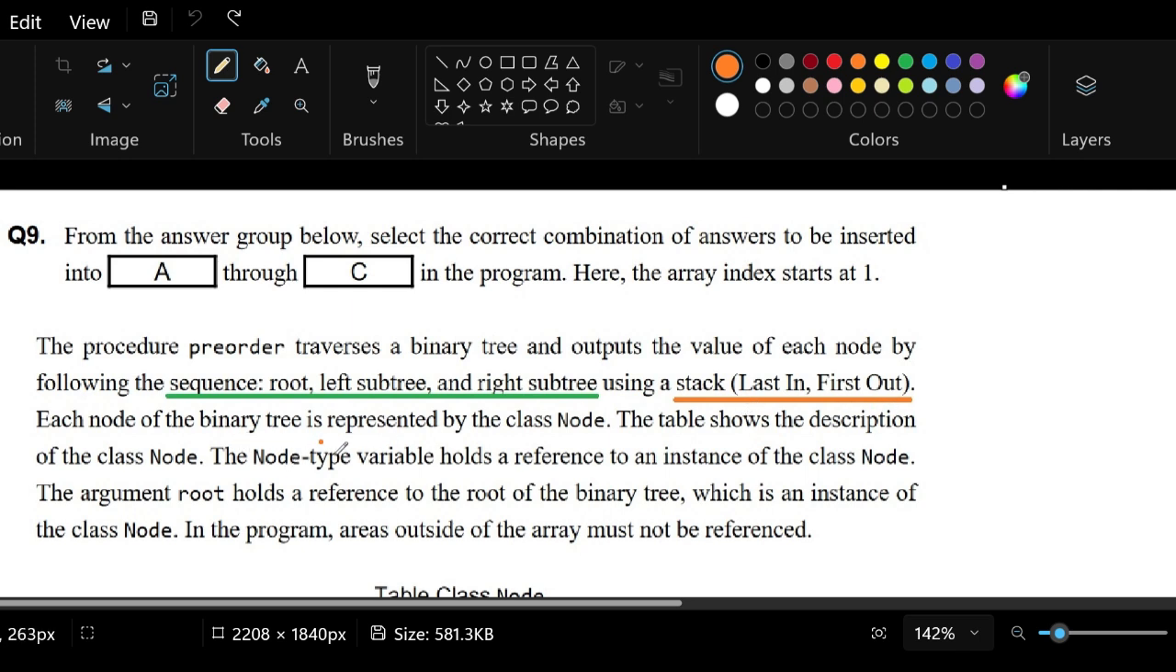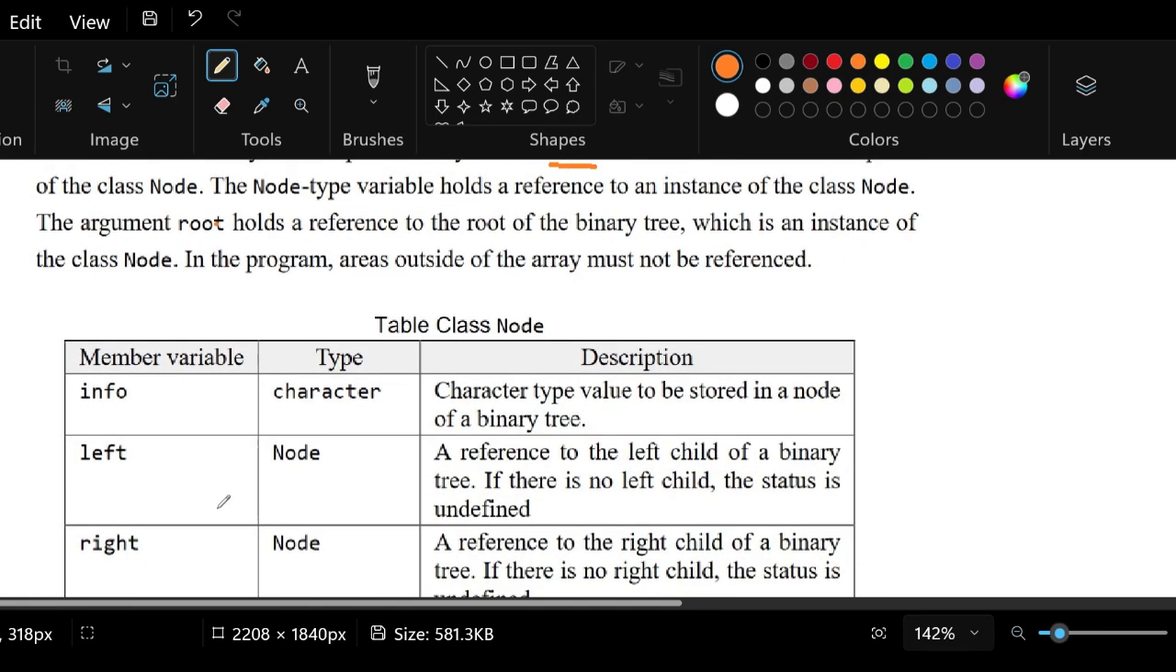Each node of the binary tree is represented by a class node. The table shows the description of the class node. It's the part here. Okay, so we need to have these left and right nodes as well as this part here. We also have an info of type character,